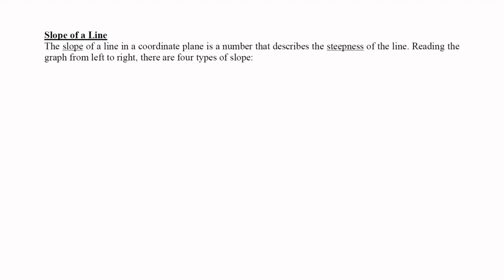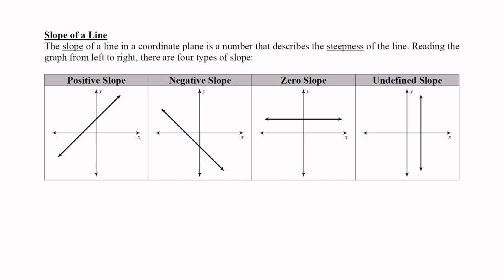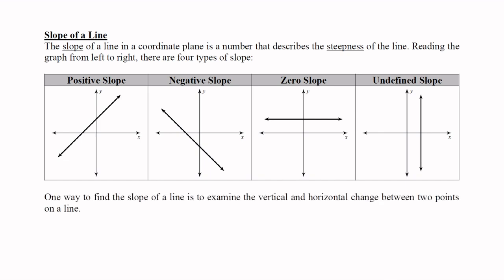The slope of a line in a coordinate plane is a number that describes the steepness of the line. Reading the graph from left to right, there are four types of slope. You have positive slope, negative slope, zero slope, and undefined slope. One way to find the slope of a line is to examine the vertical and horizontal change between 2 points